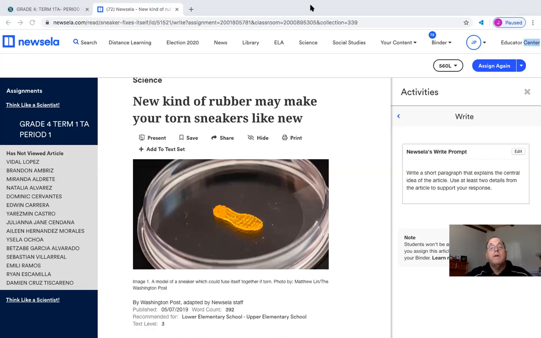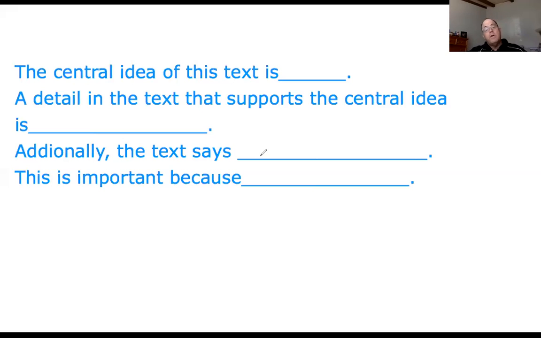I'm going to share another screen. I'll go back to the screen and share back here, the whiteboard. Here you have the central idea of this text is, so that's the main idea. You can pause this video and then you can copy this down. You can use your sentence frame, or I'll try to post it. Okay, a detail in the text that supports the central idea is,